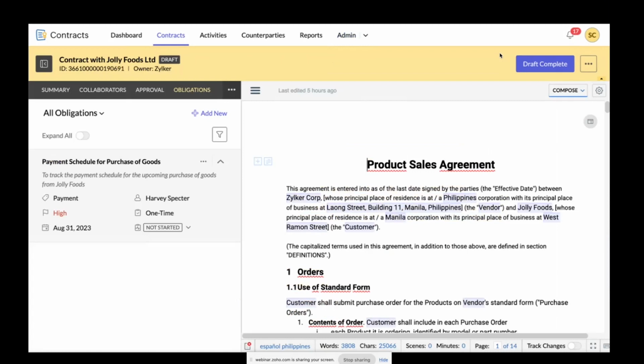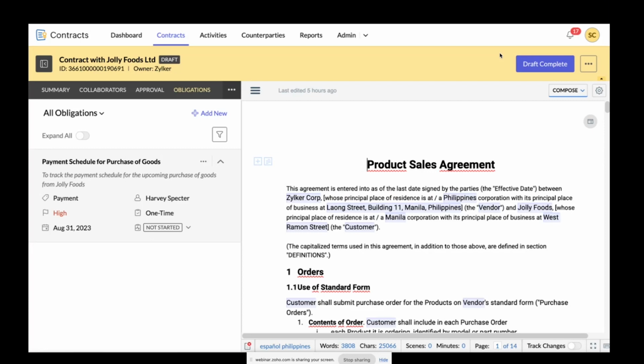Here's where Steven's organization, from his legal team, will be adding obligations. Obligations are basically contract tasks. They can be recurring or one time. This is also completely managed by the legal team. They will assign the obligations to the users so that they can manually work on and complete them and mark the